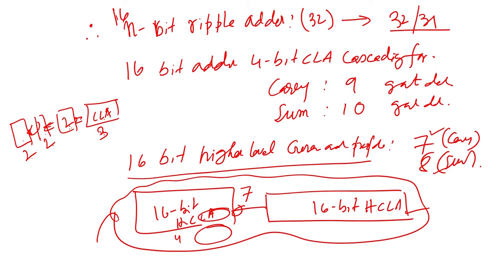Now, instead of cascading, if you want to go to further levels, first level, second level, third level. Our first level is level 0, then first level and second level. If you want to go for the next higher level of generate and propagate function, then you will have a circuit where 16, 32, 48 and 64 will be generated simultaneously, and that will take 2 more gate delays. That will be discussed in the next class.